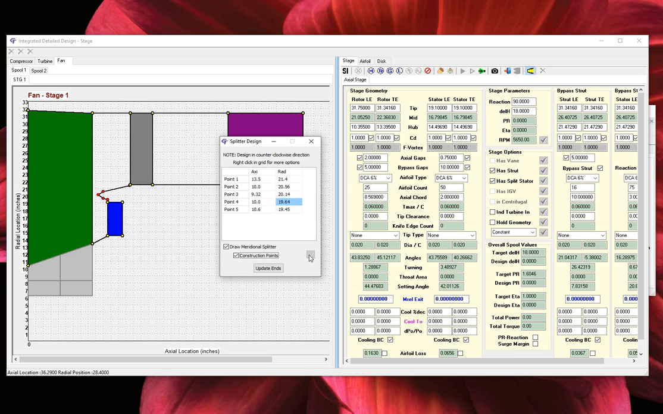To align the splitter endpoints to the airfoil corner points, just click on the Update Ends button. You may now improve the Meridional splitter geometry by adding, deleting, and modifying the list of coordinates. It is strongly suggested to not delete the first or last coordinates, since these points are used to align to